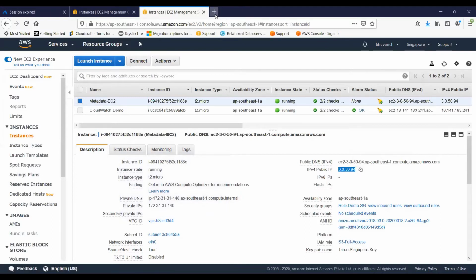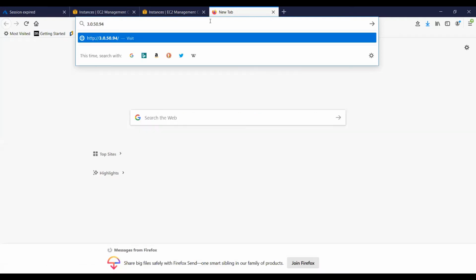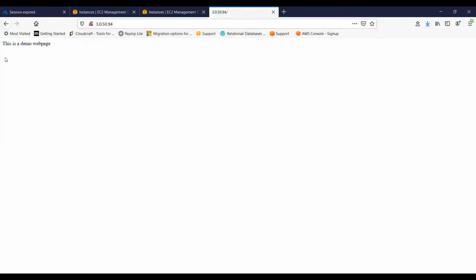You can also check whether this HTTP server got installed or not. It's working. This is a demo web page.